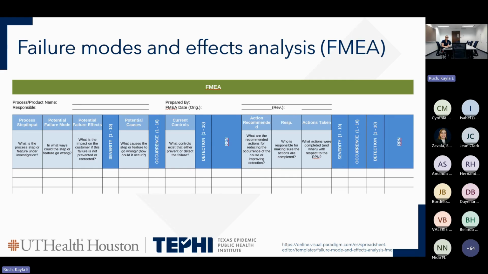So now we're going to go into a few of the analyses that you can use. The first one is a failure modes and effects analysis, and this is a proactive approach that really looks at failures and their effect. So this is the what if X happened, what would the impact be and how severe would it be. For example, say if there was an outbreak of